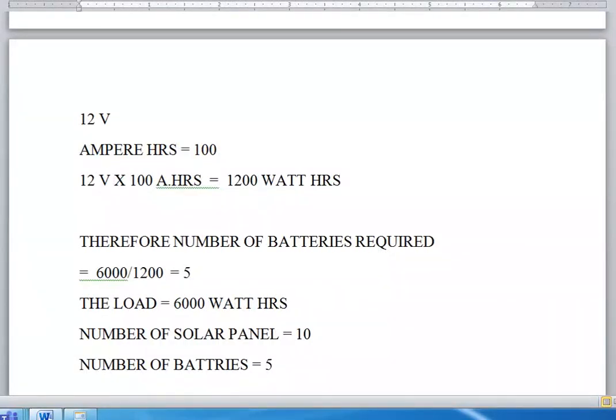So this is about the designing of a solar plant. Please remember this. Every student, that is, the science graduates, has to submit one assignment to me based on this particular topic.